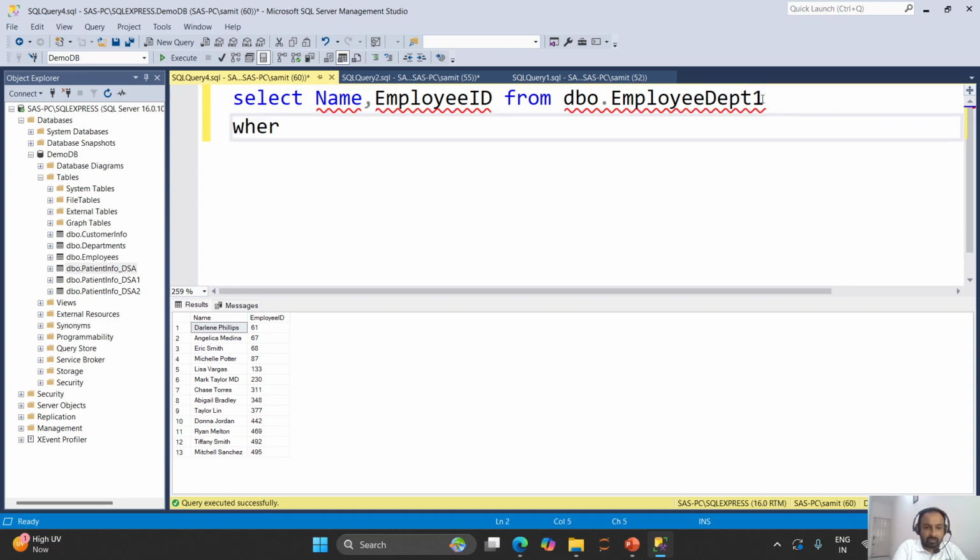I will say where employee ID equal to, or employee ID in. So if you wanted to use multiple values, you can use 230, 68, 87. So what I'm going to do here, right? I'm going to